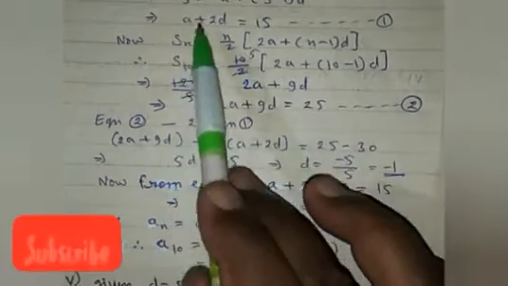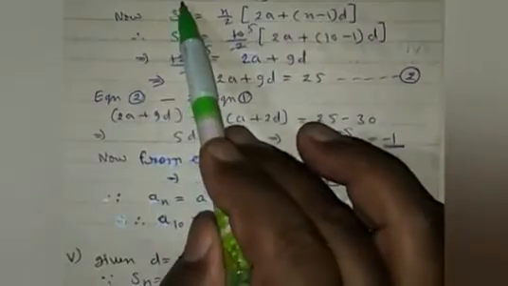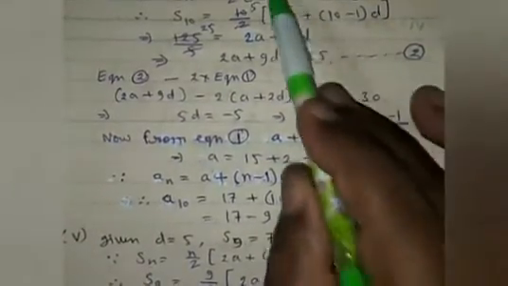So here, equation number 2 minus 2 times equation number 1, because here is 2a, here is simply a, so you have to multiply by 2. So equation 2 minus 2 times equation 1 will give 2a plus 9d minus (2a plus 4d). Means 2a, into a plus 2d. So that is equal to 25 minus 2 into 15, that is 30.